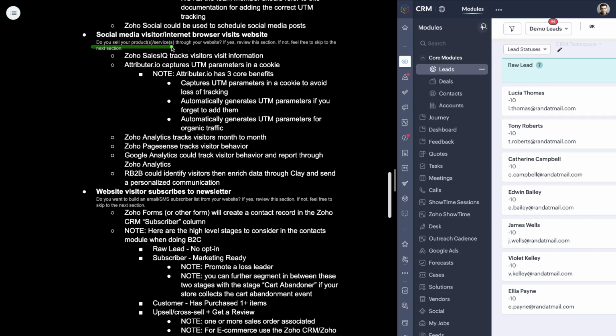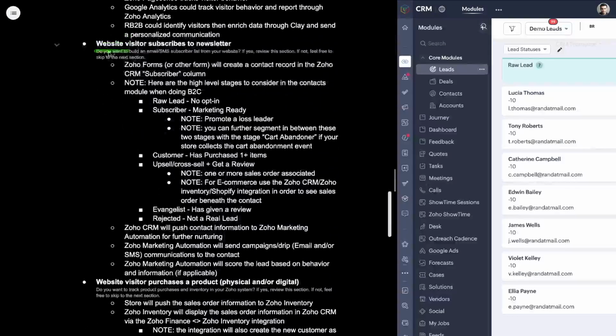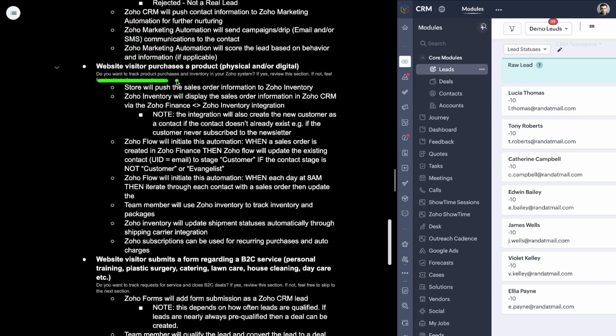Ask yourself this question: do you sell your products and services through your website? If yes, review the section. If not, feel free to skip. Do you want to build an SMS subscriber list from your website? If yes, review the section. If not, skip. It's really difficult because I don't know exactly the situation that you're in, but